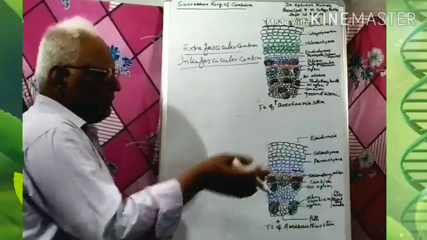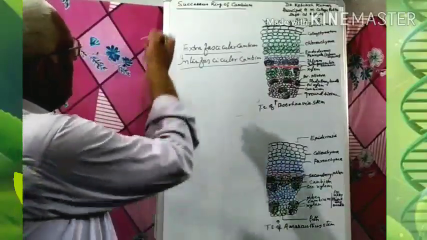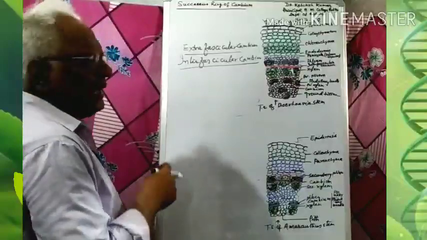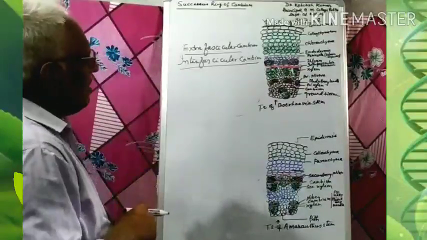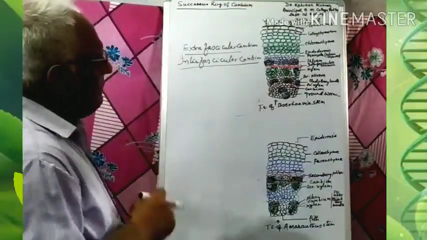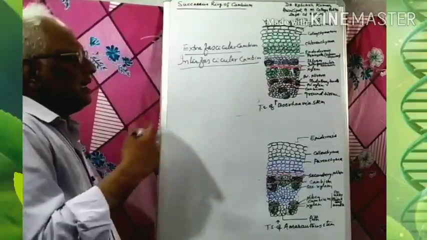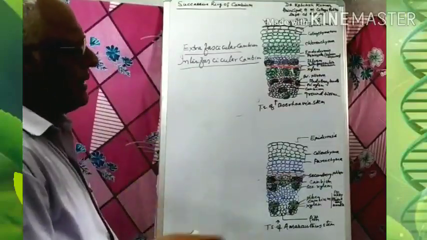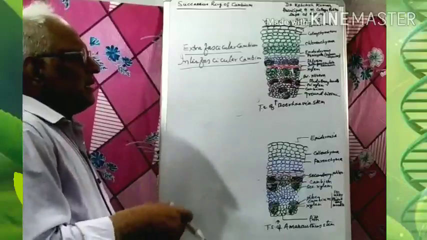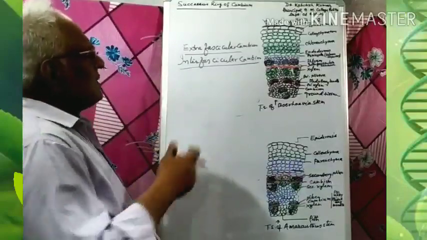So that is the same case. One by one, successively, it cuts the rings of cambium and the secondary tissues are formed, and due to the cutting of the secondary tissues by the cambiums of the several successive rings,